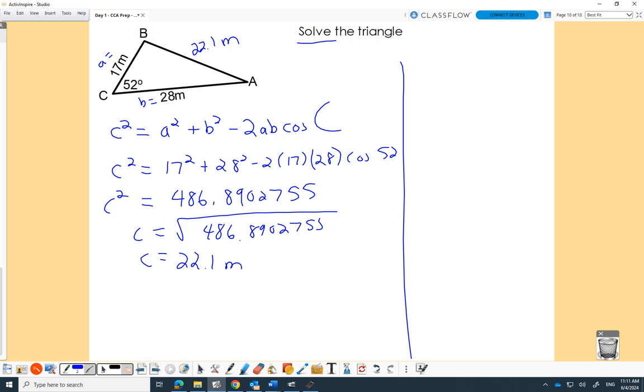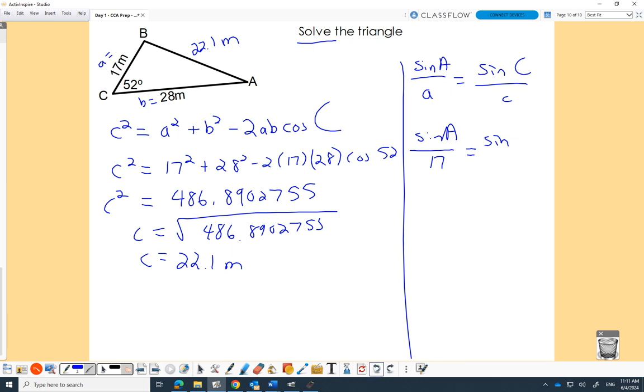Now, someone just said we can use sine law. Usually after cosine law does one thing, you can sine law the rest of the way. Yes, because now I do have a matched angle-side pair. So I'm going to go after B. It doesn't matter. Actually, I'm lying, I'm going to go after A. Sine A over a equals sine C over c. Fill it in: sine A over 17 equals sine